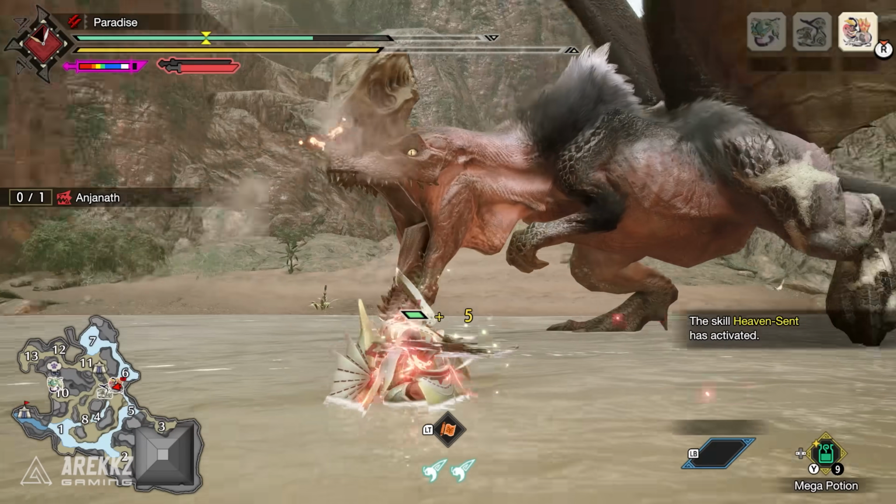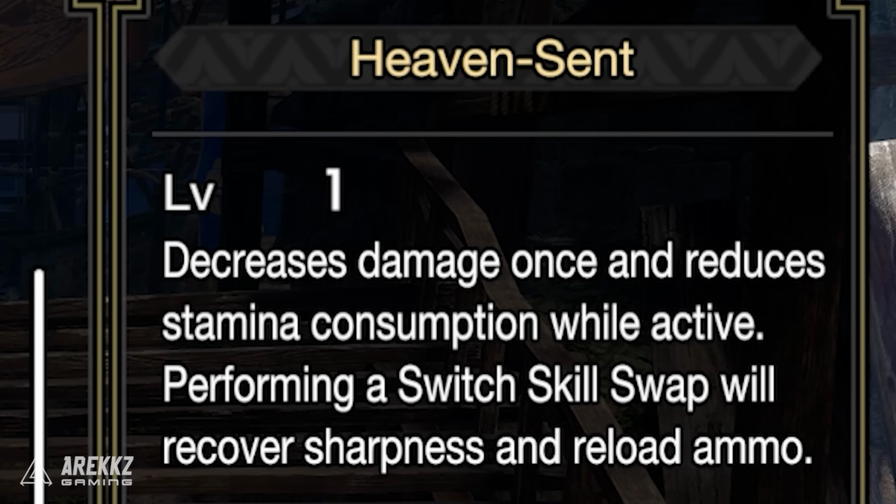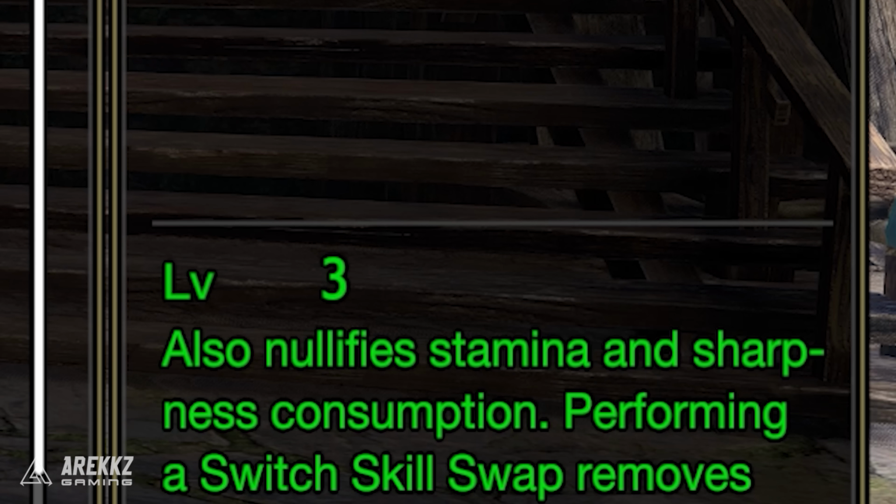When the buff is active, you will get a variety of effects depending on the level of the skill. At level 1, you get damage reduction on the first time you're hit, and you also get a passive reduction to stamina consumption. Furthermore, switching your skill scroll will actually recover you some sharpness or reload you some ammo. At level 2 it reduces the time to activate the effect, and at level 3 you get the real